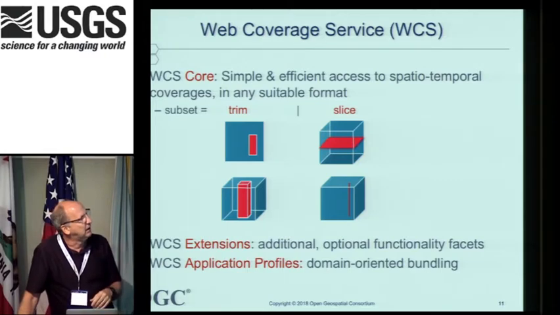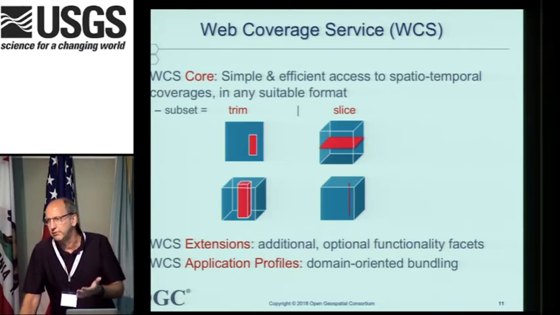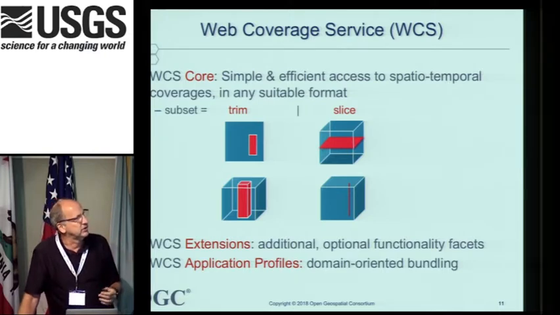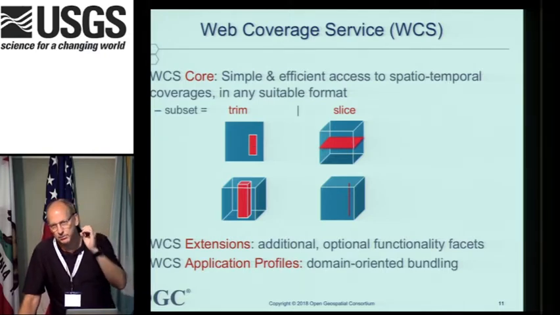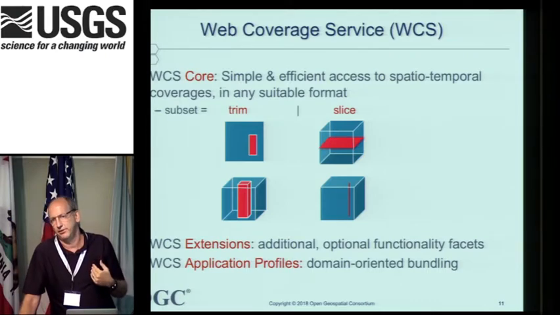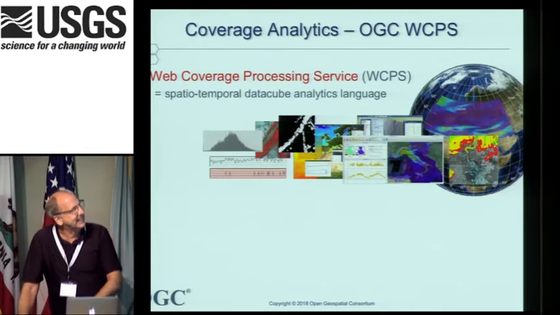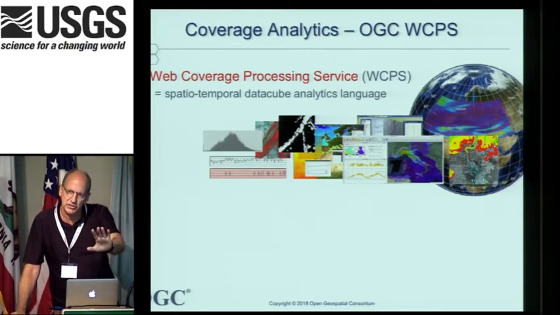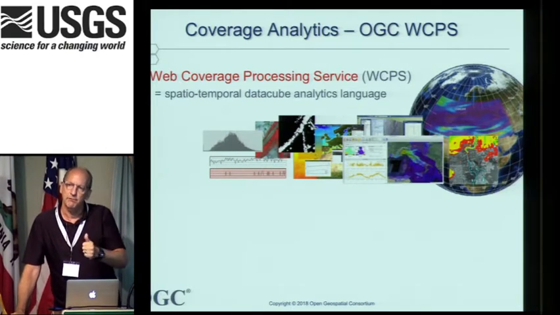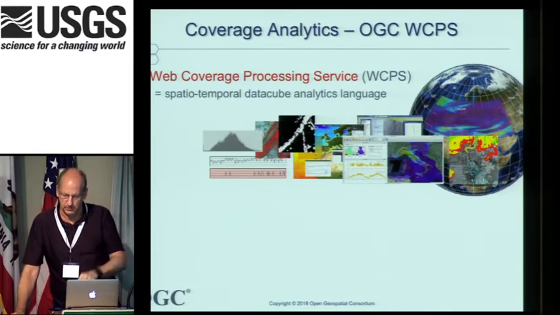We built an access paradigm associated with that, put it on the web, called a web coverage service. That's what WCS is. So it allows you to ask for specific parts of the data set that you're interested in, lots of server-side processing implied, bring back only the data that I want, right? So that's the key thing of that. Analytics then on that server side, on the WCS. After you slice it, do some analytics, and then give it to me, right?